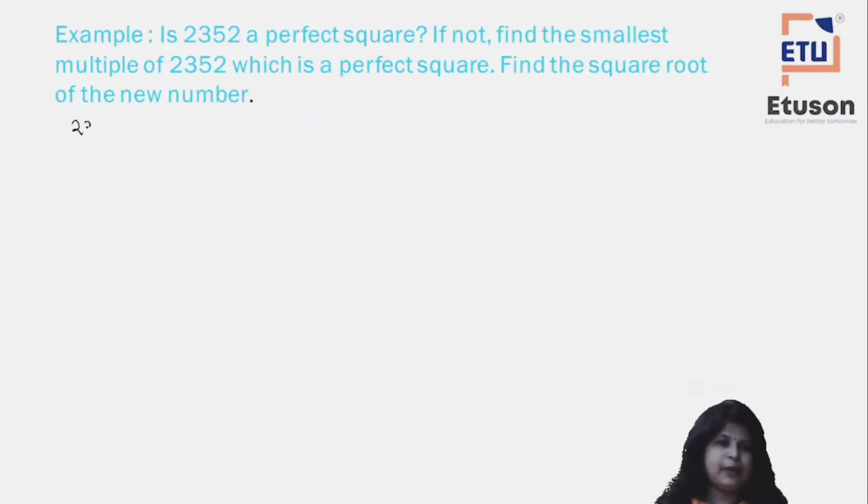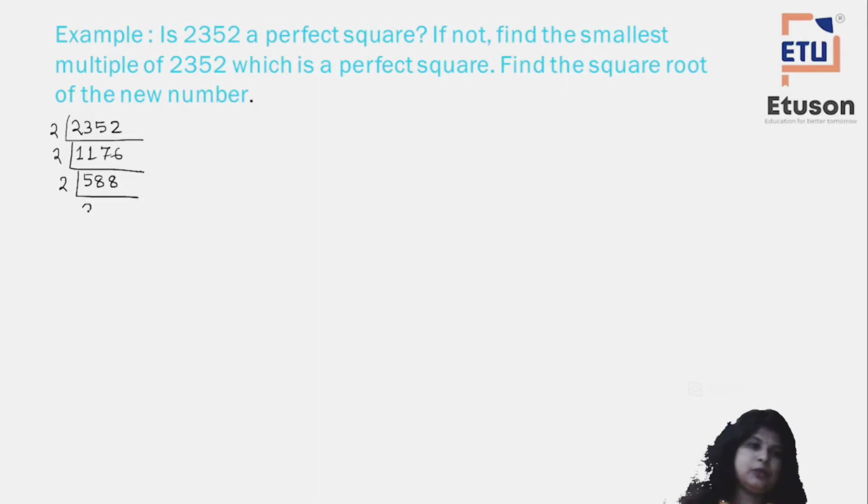So let us find out. So 2352 divided by 2, you will get 1176. Divided by 2, you'll get 588. Divided by 2, you'll get 294. Divided by 2, you'll get